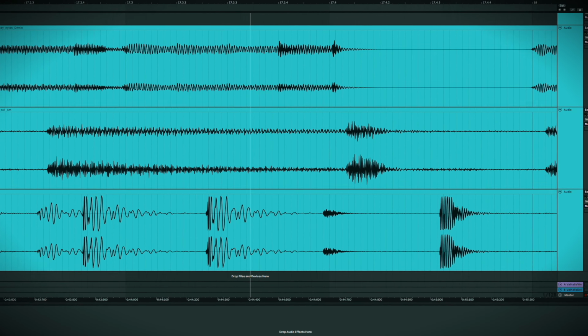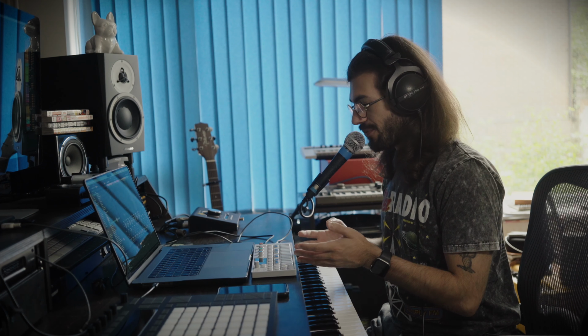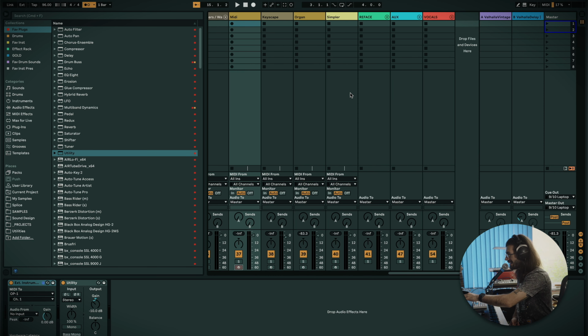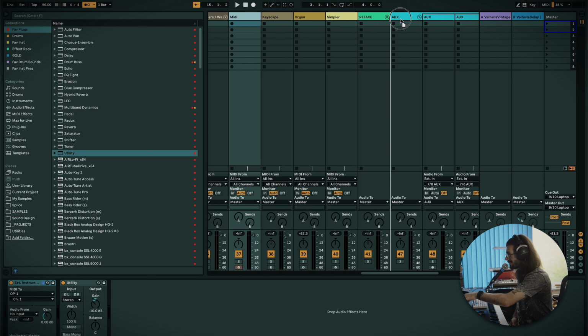We're going to work with a lot of loops that aren't in time. Clearly, we want to avoid something like this. But let's see how we're going to make this work. So I really like this patch on the OP1, so I'm just going to use that as my base to record. If I grab an audio track over here,